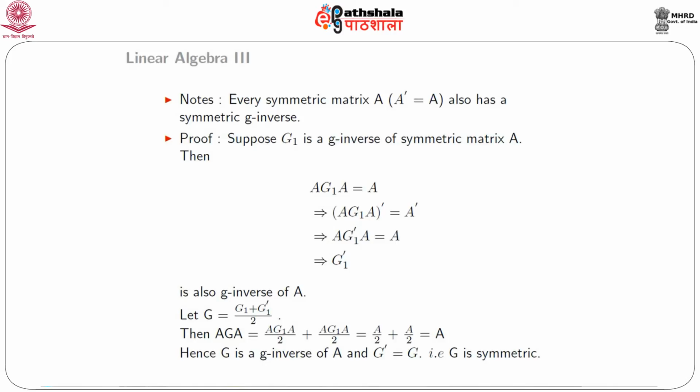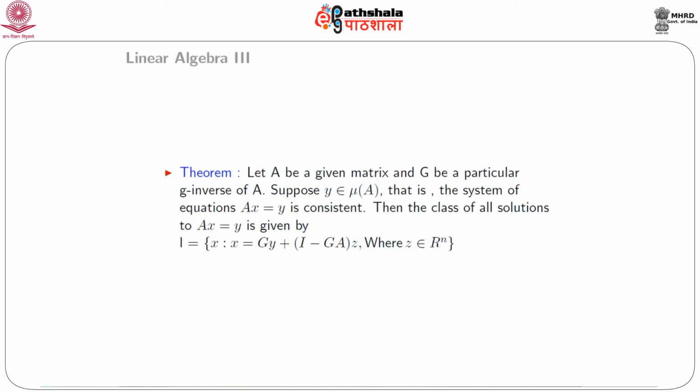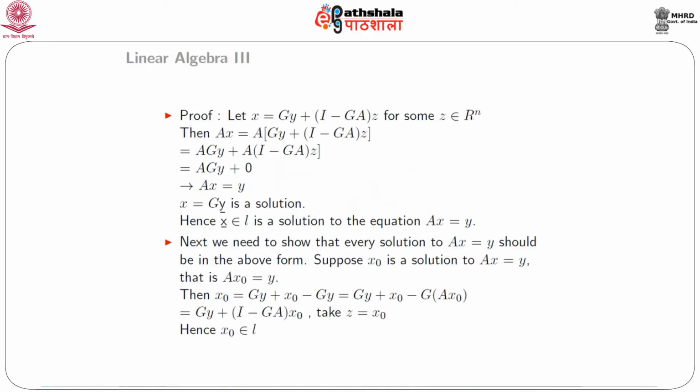Theorem: let A be a given matrix and G be a particular G inverse of A. Suppose y belongs to the column space of A, then the class of all solutions of Ax equal to y is given by L, the set of all x that can be written as Gy plus (I minus GA)z, where z ranges through Rn. Proof: let x be equal to Gy plus (I minus GA)z,